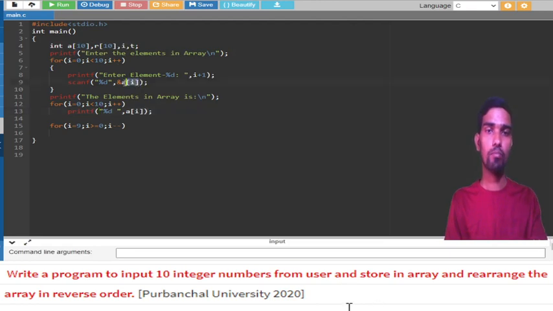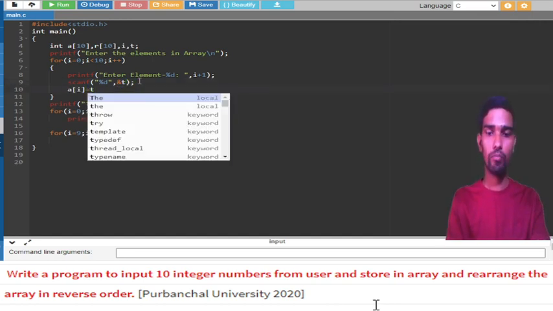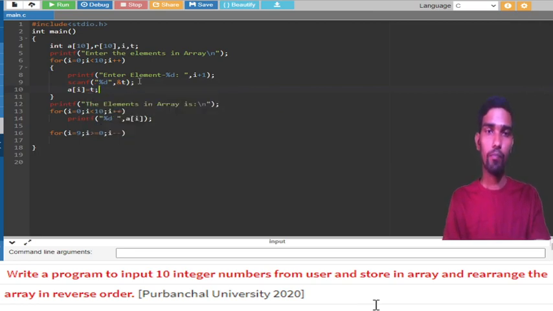Okay, so this is the easy way, t. And here I will just put a of i equal to t. Done. And here what I will do, a of i, and one more counter you require. So one more counter you put, that is j.